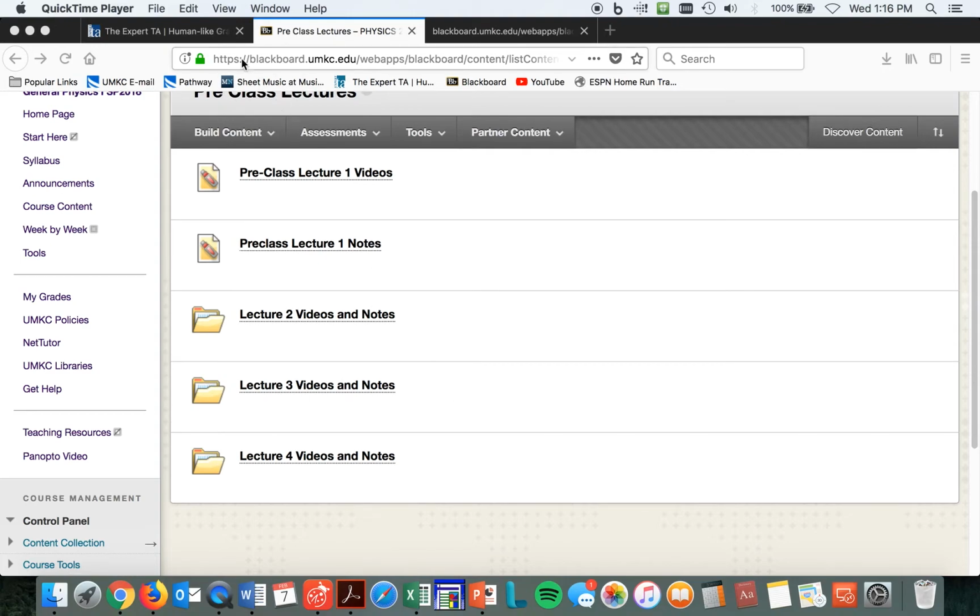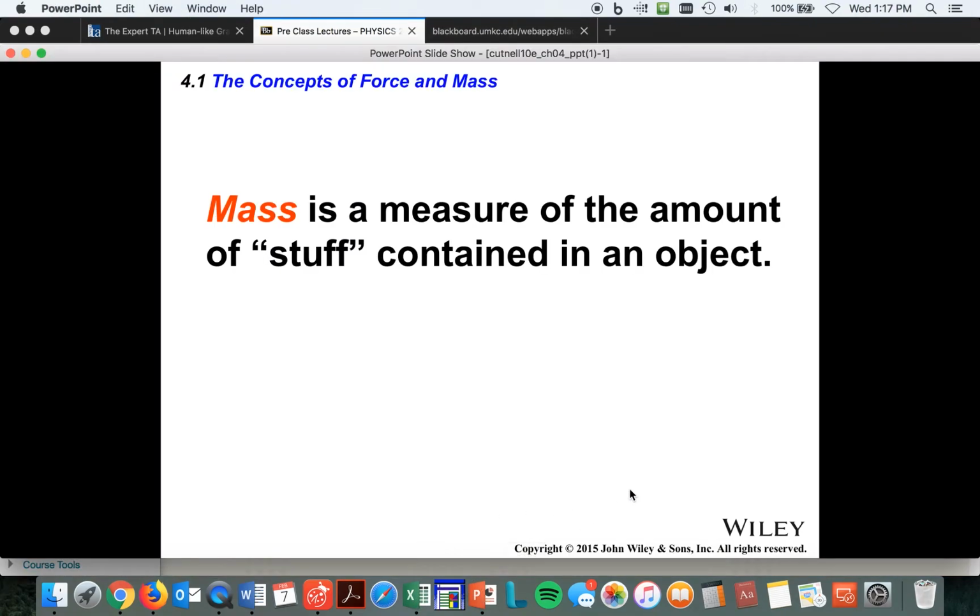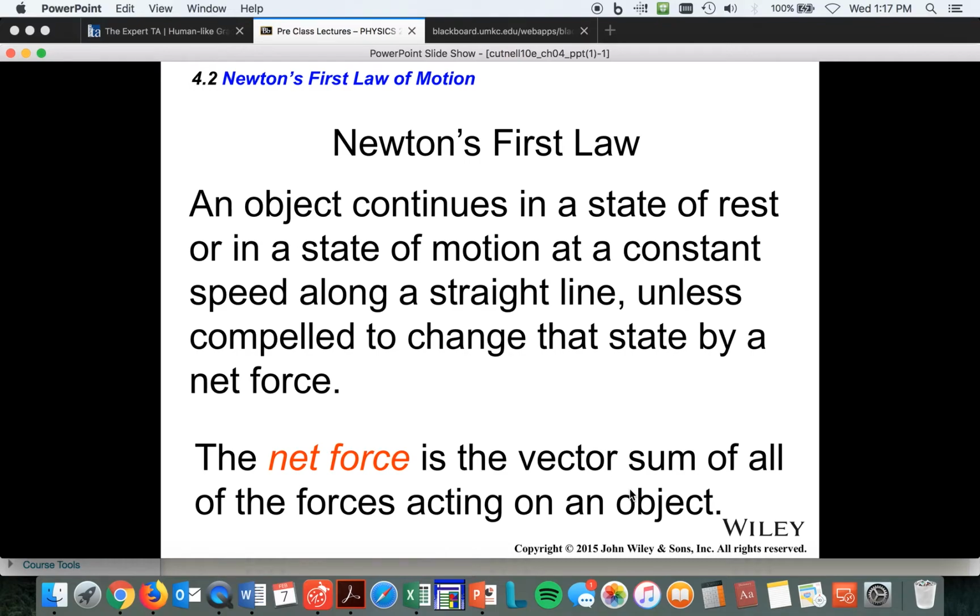Okay, so here we are, physics 210, and let's get back to the slides. Mass is the amount of stuff that something is. Newton's first law is called the law of inertia. An object continues in a state of rest or in a state of motion at a constant speed along a straight line. I didn't talk about this before because I didn't want to add too much stuff to what you were already learning. So I didn't add that when we're going in a circle,